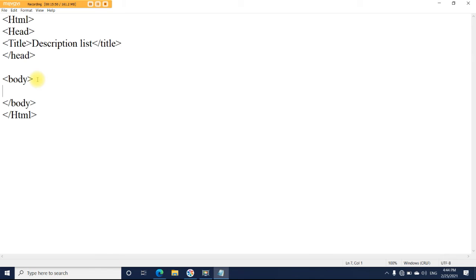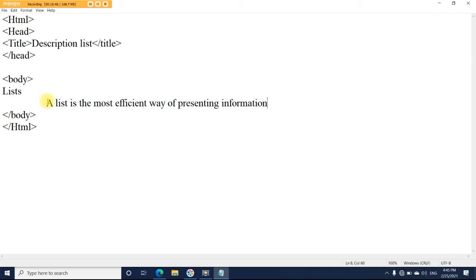If I want to write down the definition for list, I'll just write down list, then I'll come down, add one tab space and write down: a list is the most efficient way of presenting information in a precise manner. Okay, give a full stop. This is my definition of list.